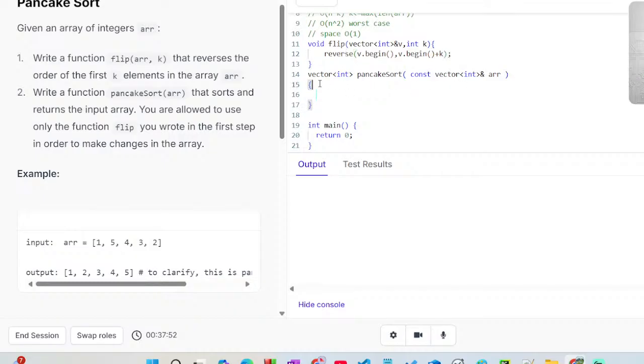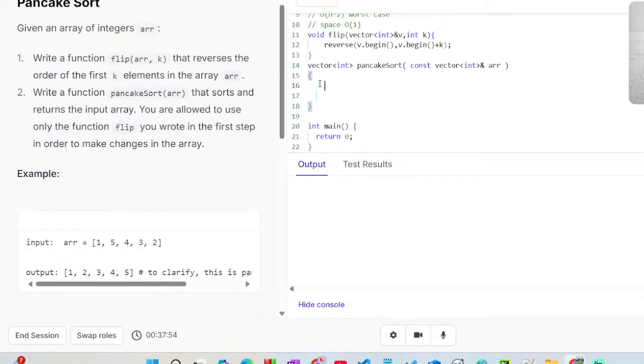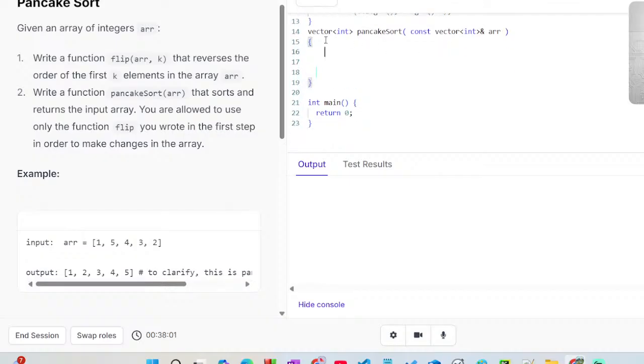This is a flip function. We reverse the first k elements. Now we are going to do the